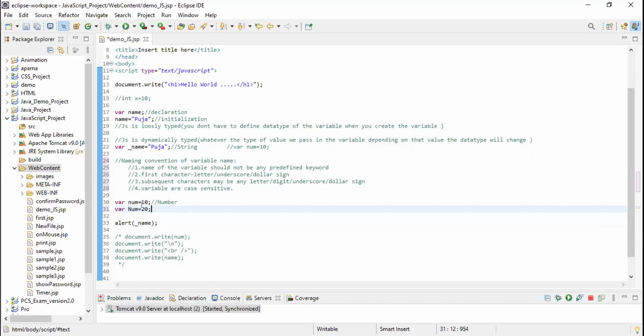If I want to print line 30, I have to give num with small n. If I want to print line 31, I have to give capital N, Num. So this is case sensitive. If you give the wrong variable name, it will not give you any output. Okay.